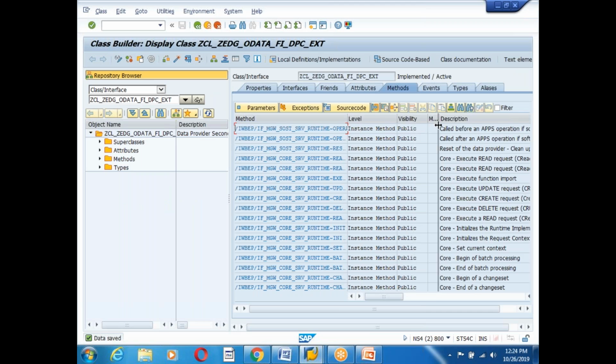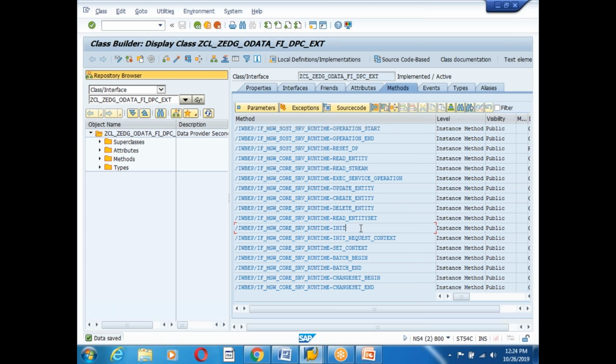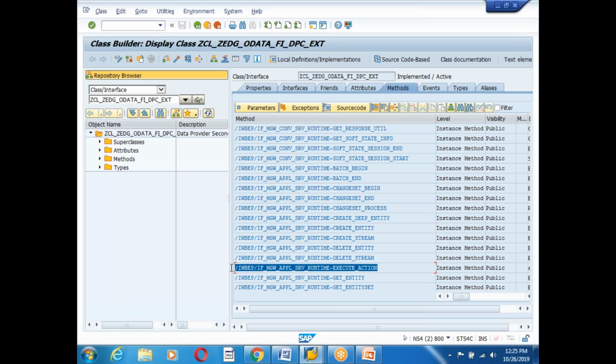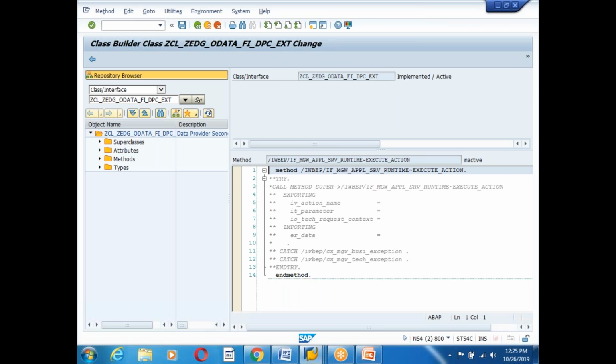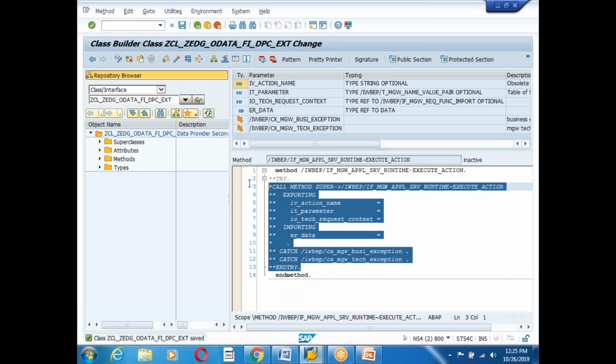So here you can see there is a method execute action. See guys, where is the execute action? There is an execute action. Yeah, so this is the method runtime execute action. So place the cursor and change, and place the cursor and redefine the method. So I have redefined this method, and delete the code,